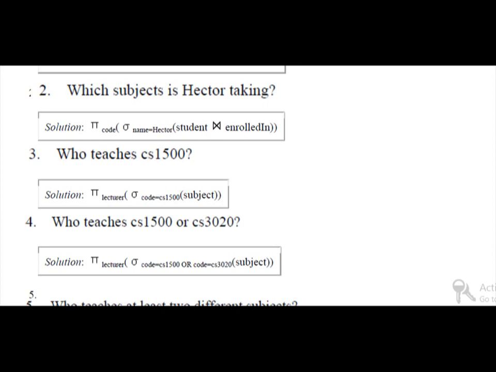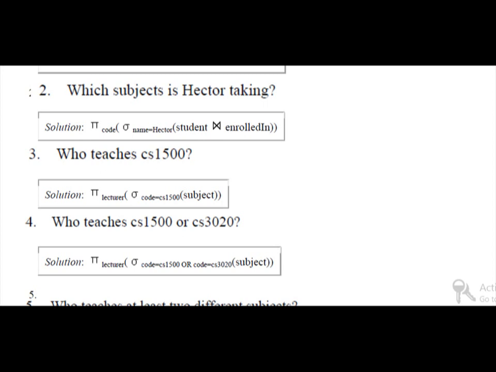We simply write projection lecturer, because we have to find out the name of the lecturer. One more thing that is noticeable here is that using projection we always find columns, and using selection we always find rows.